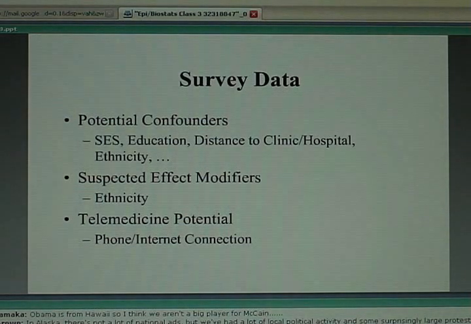So you might want to collect new information in terms of confounders you want to control for, things we'll talk about next week. You might want to collect information about effect modifiers, do subgroup analyses to see if Native Hawaiians living on one island have different outcome than Native Hawaiians living on another island. So you do a